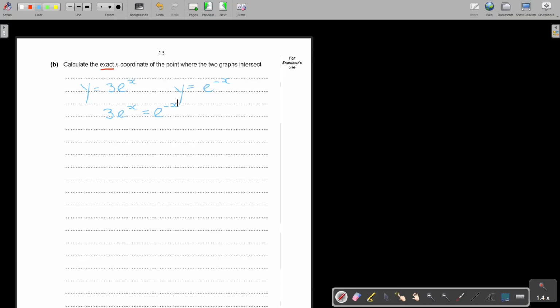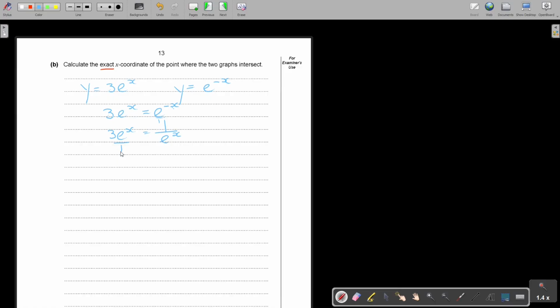Okay, so basically, if I want this one to become a positive, I will show you: e to the power of x becomes 1 over e to the power of x. Just take it from the top to the bottom. Now, I think the best is to make this also a fraction. You have one term equals one term, so you can cross multiply.